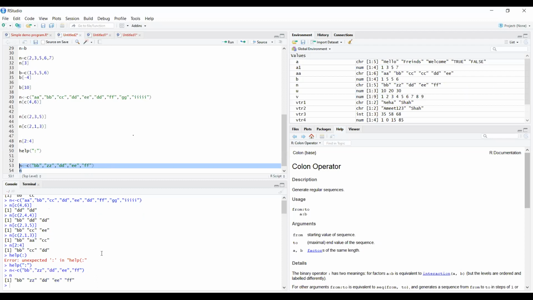We are getting the vector with bb, zz, dd, e, and ff. This is the vector values.